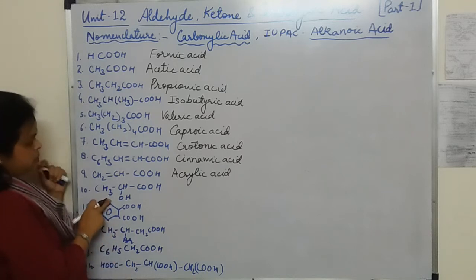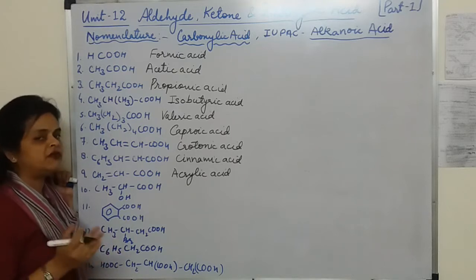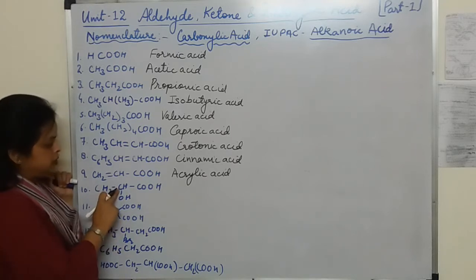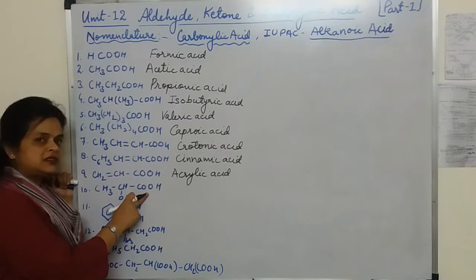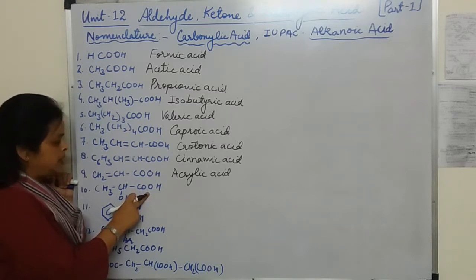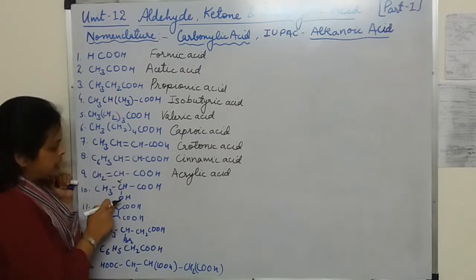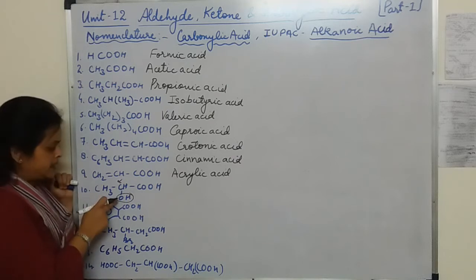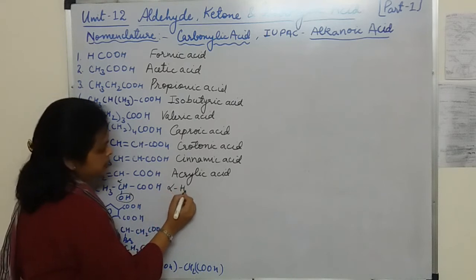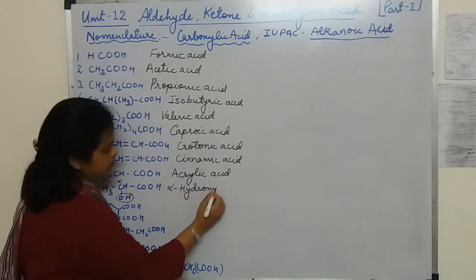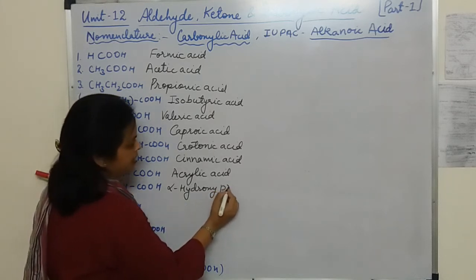Okay. Now, students, whenever you are writing the common names, you are using the prefixes alpha, beta or gamma. Now the carbon to which the functional group is attached, here we are having OH group and COOH group. We know that this is a senior, so the suffix will be used of COOH. Now this carbon is termed as alpha, and this will be beta. Now to this alpha carbon, one substituent is attached, and its prefix is hydroxy. So we will write alpha hydroxy, and 1, 2, 3. So it will be propionic acid.